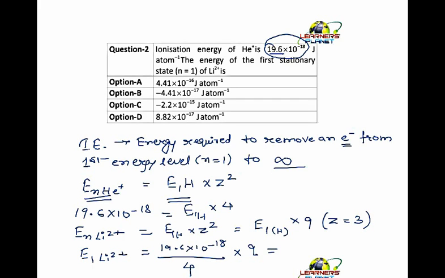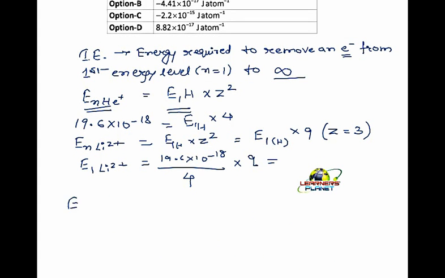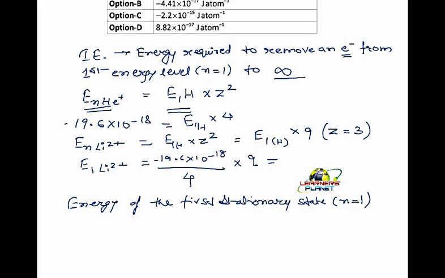Right? Now can we do the approximation? So this will give us the energy of electron of the first stationary state, that is n is equal to 1, right? So I can make it 20, this should be 5, and 5 nines is approximately 45, right? And energy of first state, it always comes in negative, right?